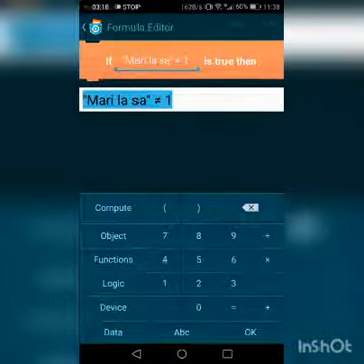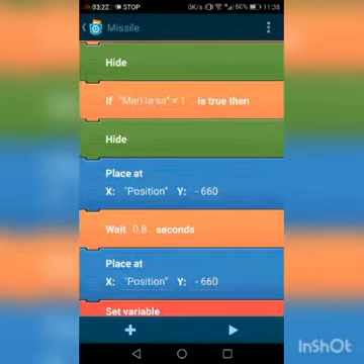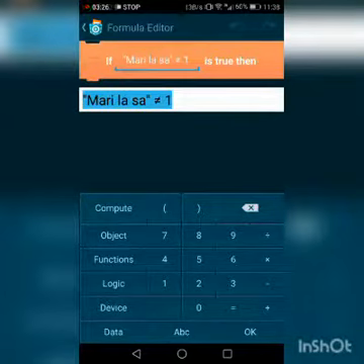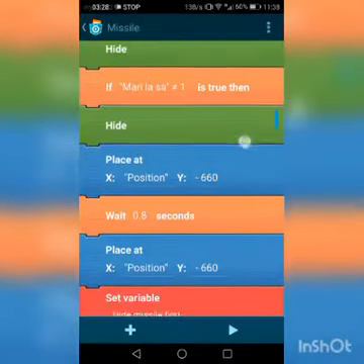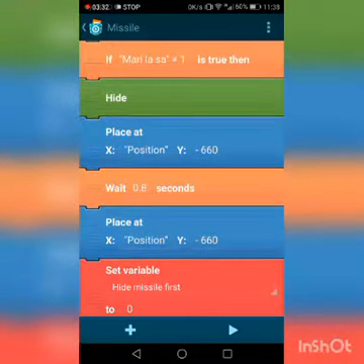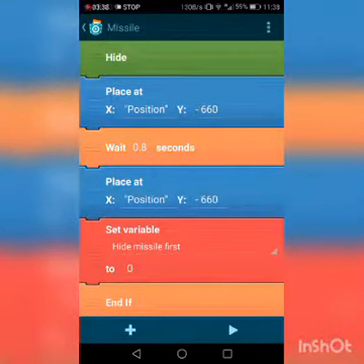If Marilasa not equal to 1, again you have to hide it, because sometimes it doesn't necessarily mean that the Marilasa will be equal to 1, so you have to hide it. And then you place it at position X, that is the position of the shooter. You remember the position, and then you have to wait